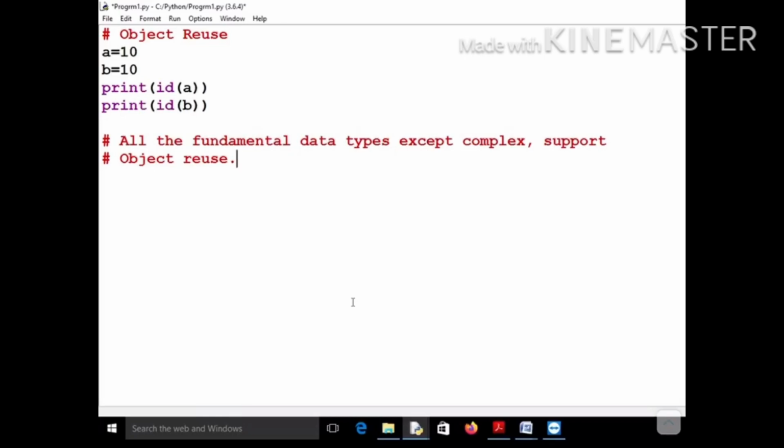Object reuse means that if you are declaring a new reference variable having an existing value, the same value as a previously existing object, then a new object will not be created, but instead it will be pointing to the existing object only.